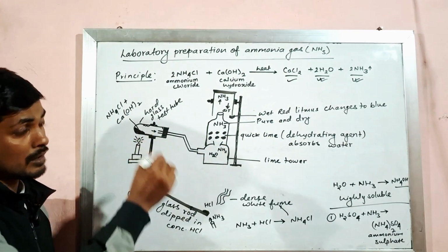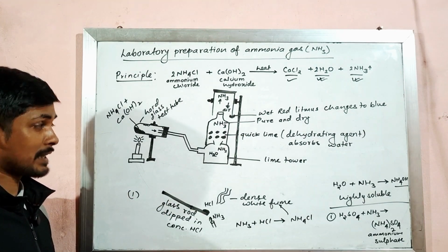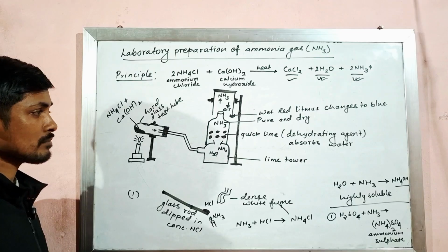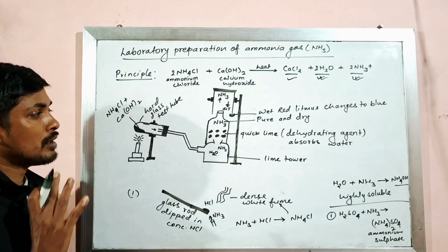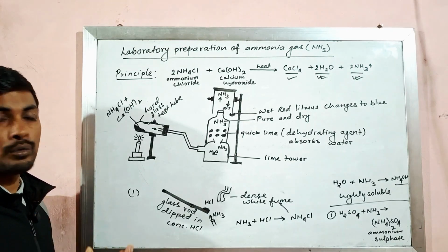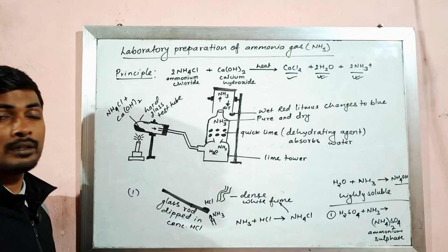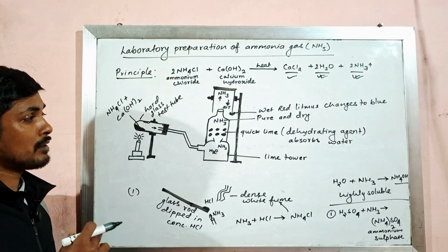Due to that, the lime tower is used in the lab preparation of ammonia gas. So these are some important things that you must remember while revising the lab preparation of ammonia gas, while revising